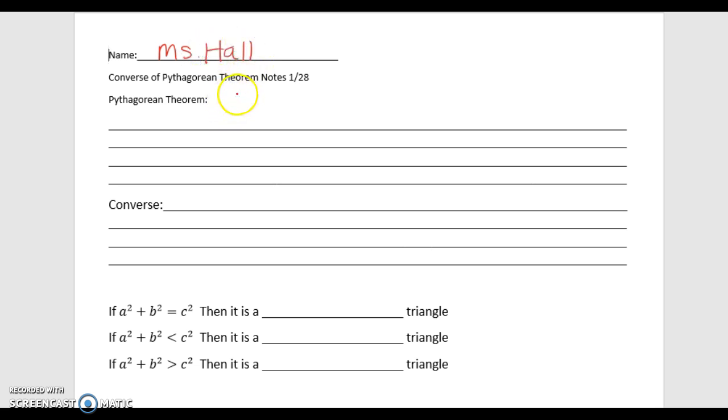Okay. First things first. Friday, we were talking about the Pythagorean theorem. So we're just going to write out the definition of the Pythagorean theorem, and we're going to put it in a conditional statement form. So if-then form. So here we go. If a triangle is a right triangle, then the square, like you know how you square something, then the square of the length of the hypotenuse